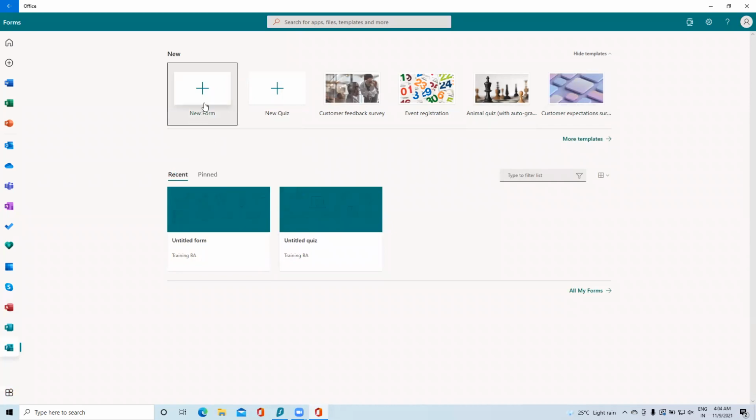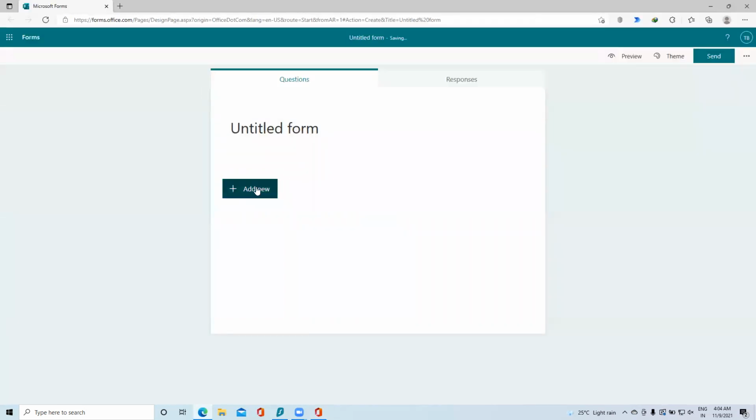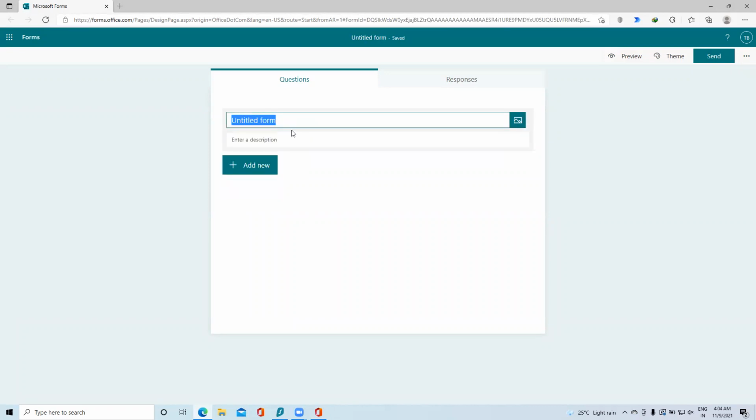So I'm quickly going to do that. Click on the new form, and there it is. It'll go to the web view. So here you'll have an option. Basically, you can just enter the name of the survey, like the title of the form. So I'll just say it as new survey